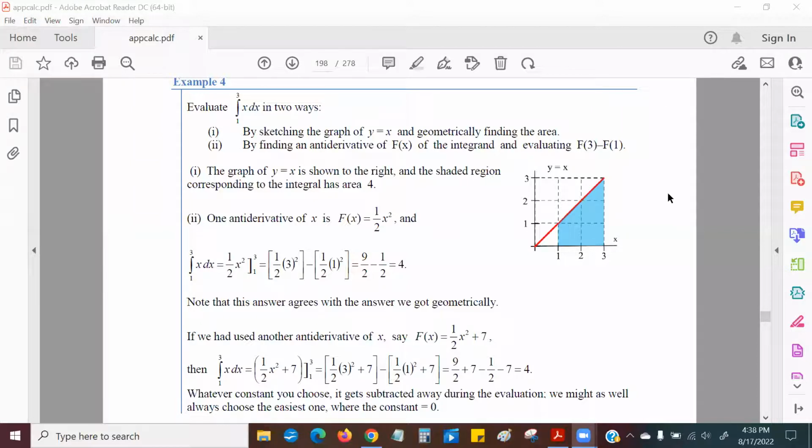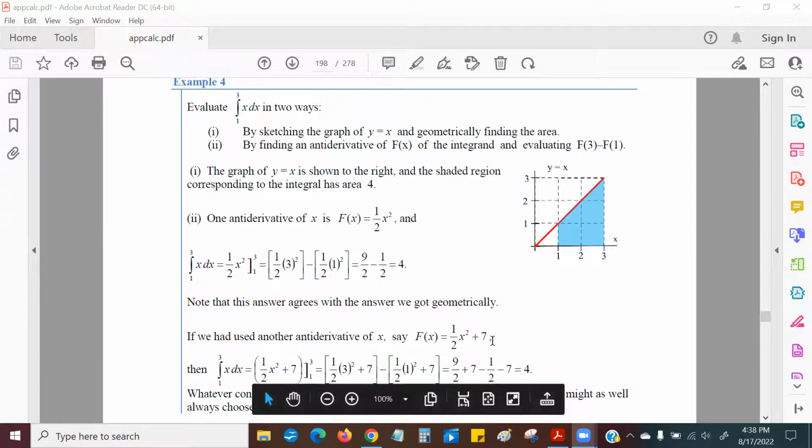The book makes an interesting point here, that the antiderivative of x is x squared, but isn't it also x squared plus 7? Wouldn't that also work? Because if I take the derivative here, the 7 just disappears. Well, look what happens here. If I do that,